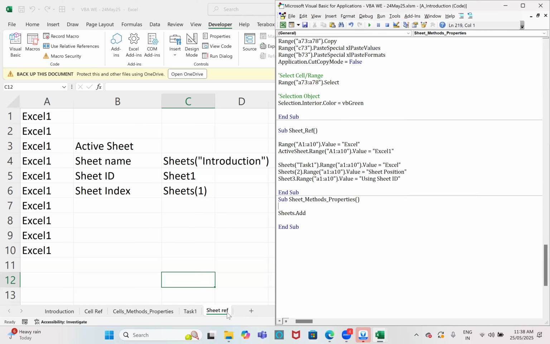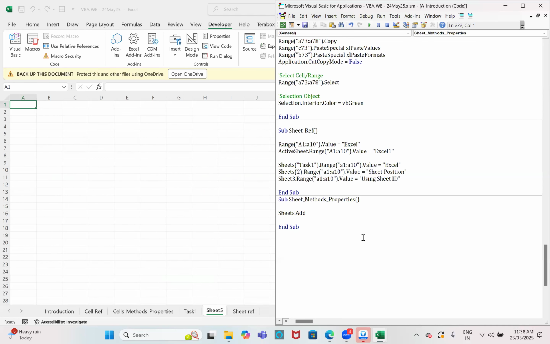What is your active sheet? Sheet reference. It will add a new sheet, that too before active sheet. Add new sheet. Okay, I'll write that comments later. I'll keep comment here for now. It's adding a new sheet before active sheet. But I want to add sheet in a particular position. Okay, then give